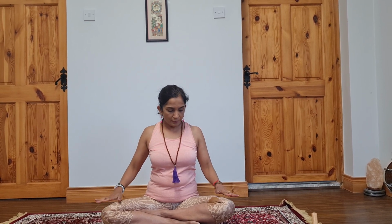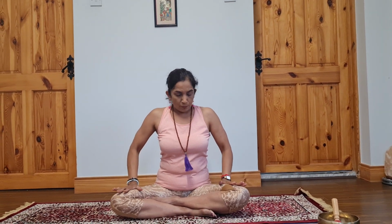Inhale, up. So your drishti or your gaze is also supporting your yoga practice along with breathing. Keep going. And release. Now bring your hands back up and place your palms firmly down on the thighs and look onto